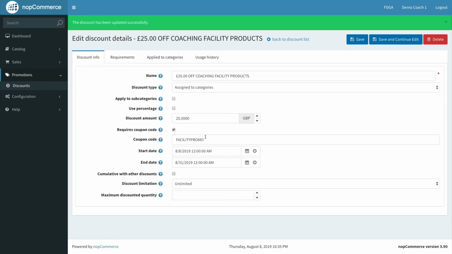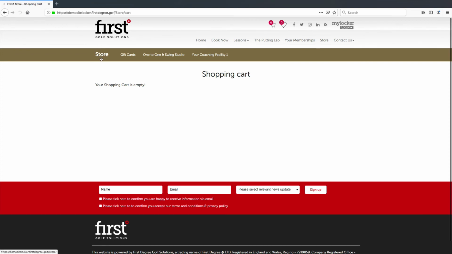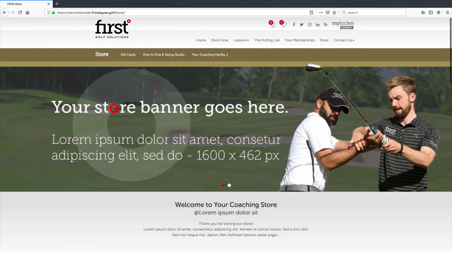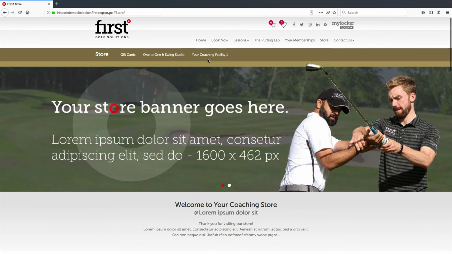Let's go back to the discount and grab the code, and we'll go across now to our store. Let's get rid of these products here in our cart, and we'll go back to the store. And you might, in this banner section here, be putting some information in relation to this promotion. So you might be putting that there's an offer currently on products that are bought within your coaching facility category. So let's go into that category